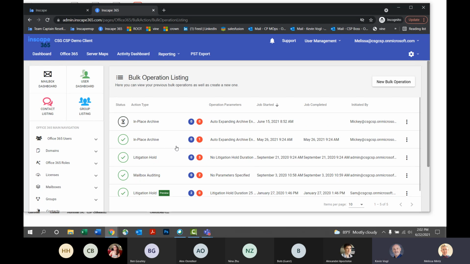So one question: when there isn't a date next to job complete, does that mean it didn't complete? That's a good question. I'm going to presume so, but that's something I could double check with the Inkscape Manage team for sure. But if somebody wanted to do a new bulk operation, the button here on the top right,